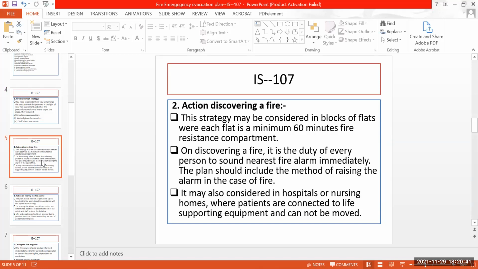Action on discovering a fire. What will be the actions when discovering a fire? On any circumstance like discovering a fire, it's the duty of everyone to sound the nearest alarm or to inform